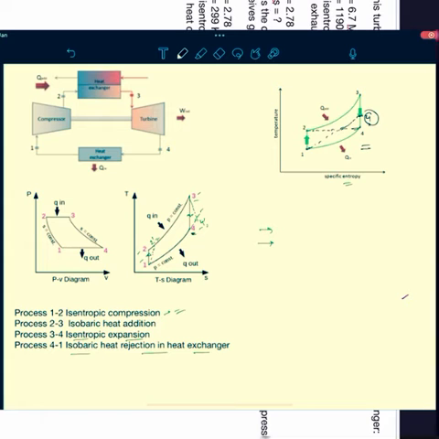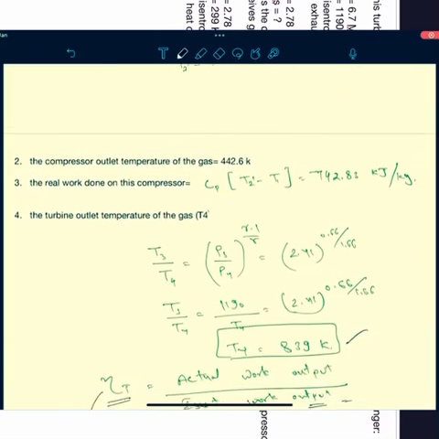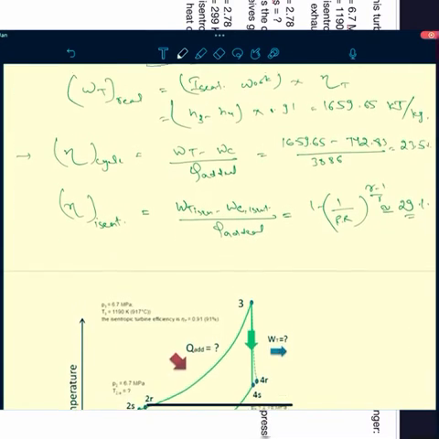I have found that this temperature is 839 and this one is 424 Kelvin. This temperature I found out 870 Kelvin. This temperature is given 1190 Kelvin and this temperature is given 299 Kelvin. So friends, I know all the temperatures at this point. So I can find out